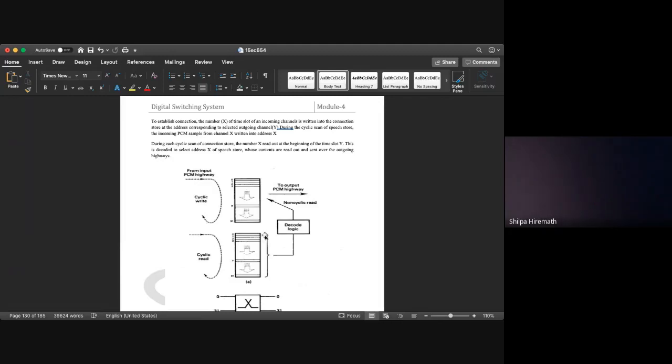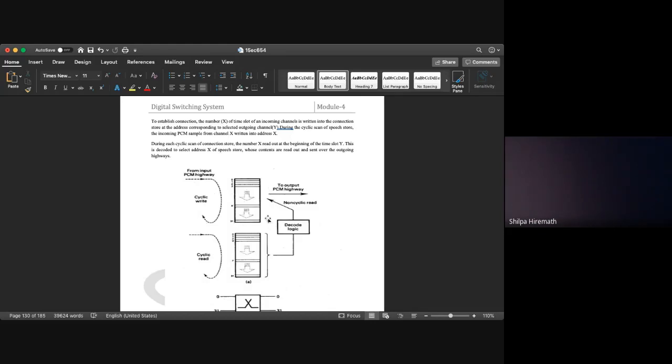As I have said that this is not there in your syllabus, but I have explained it so that you can understand the working of this particular time switch in a better way. So I'll just brief it out one more time because further when you are going for the combination, you need to understand it. Say there are two parts in case of time switch. Yes, in the last class I have just said what are those. So in order to go for a time switch, you have two types of stores. One is the speech store and the other one is the connection store.